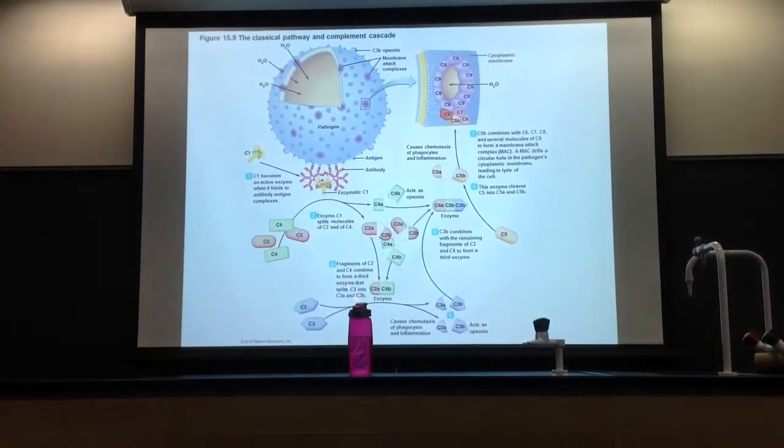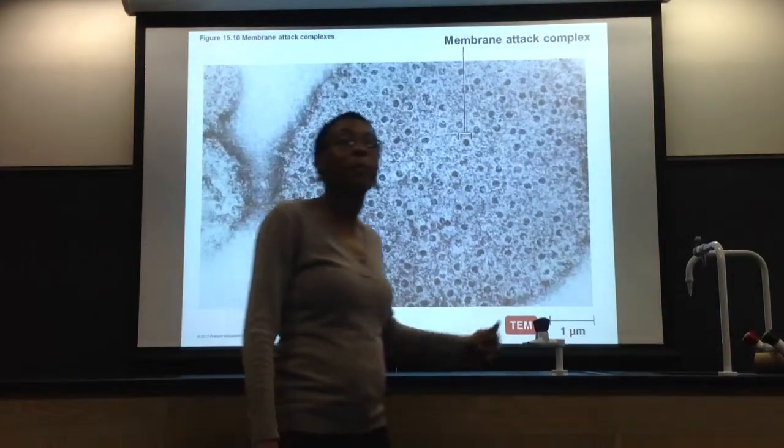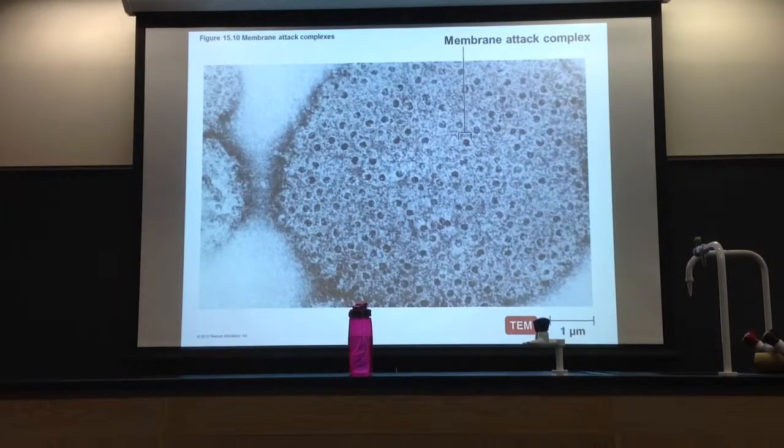At the end of the day, okay, you do this. All of these guys are complement proteins, and they form on that cell membrane, and they punch holes, okay? And if you punch holes, this guy's going to die eventually, makes sense? That's the MAC attack. Here's an actual picture of MAC attack. All these guys there are what? They're holes, right? You're punching holes through that pathogen, and that guy will die, right? It's called complement, or the complement pathway. Basically, make MAC attack. Make holes in your pathogen, they die. That's it.